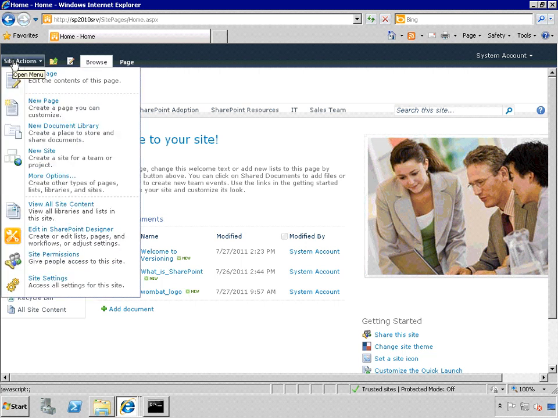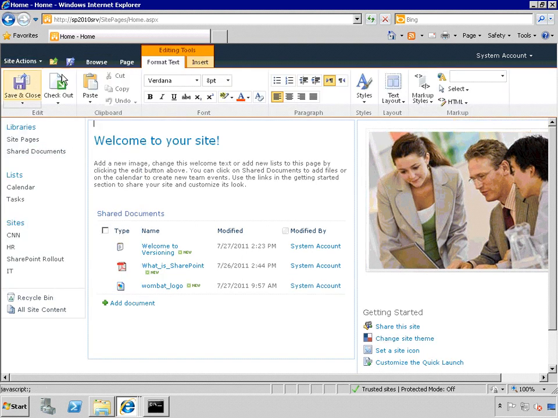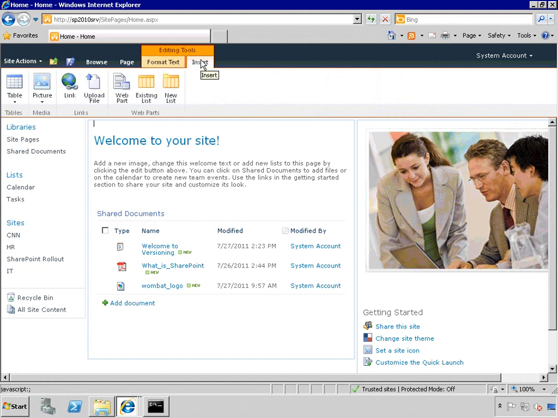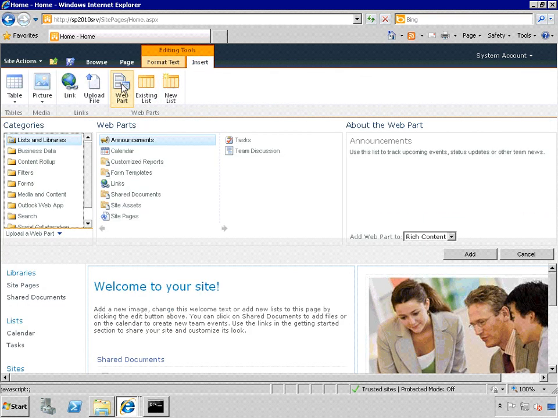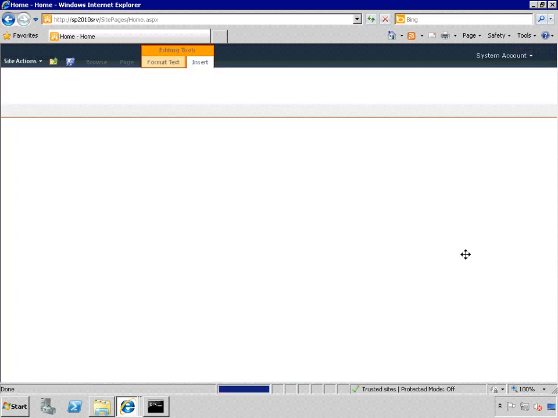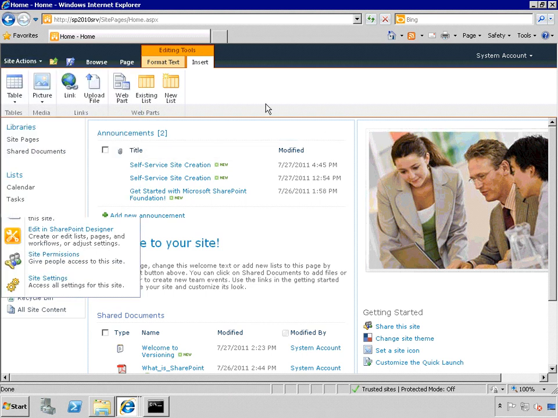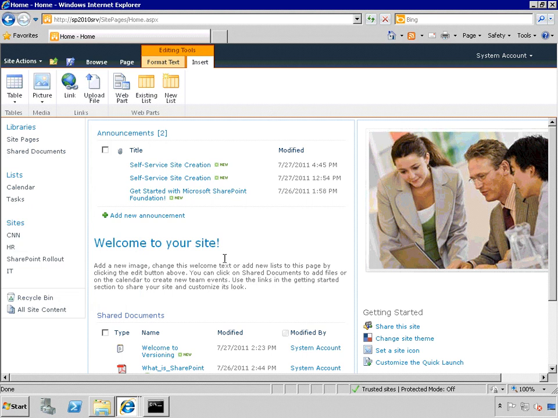So we're going to Site Actions, Edit Page, click the Insert tab on the ribbon, and choose Web Part. Simply select Announcements, and then click Add. Okay, now that we've added the announcements,